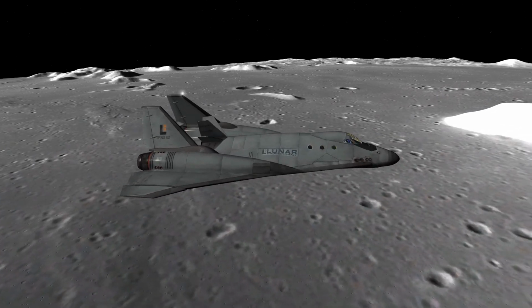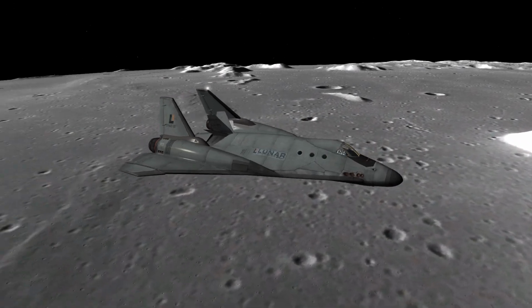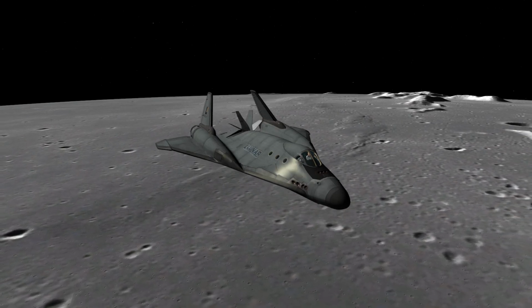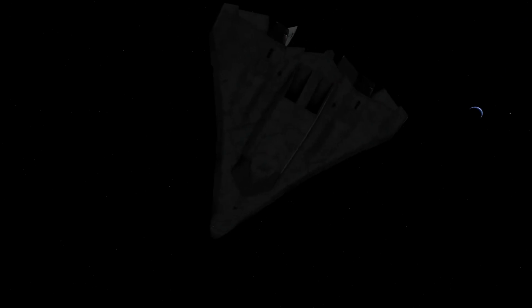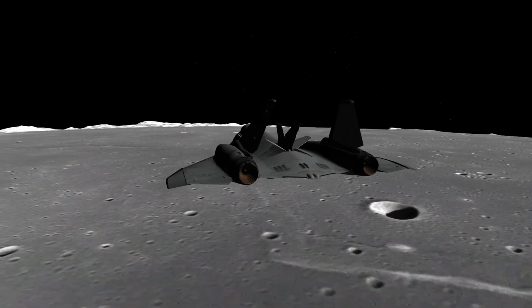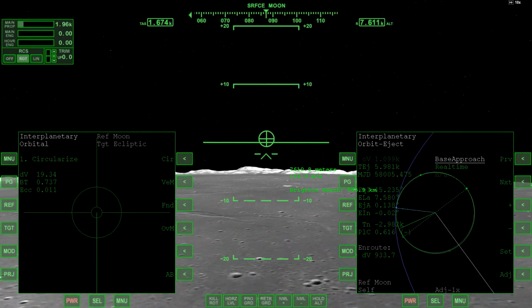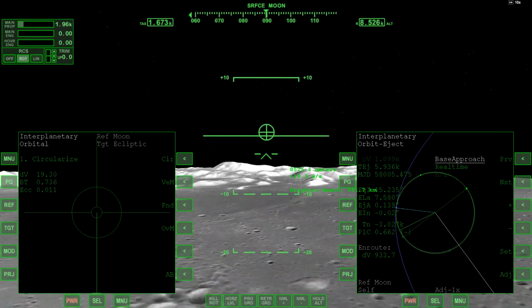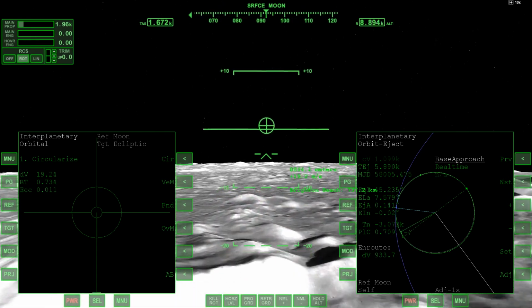Just enjoying the last views of the moon here before we leave everything behind us and get back home. Let's see if we can find our home. Should be somewhere up here in the sky. I think I see it. There it is. Very cool. So that's where we're heading. We do have some terrain in front of us, but it looks like our velocity vector is going to clear it, no problem. So once again, we should be okay. We're already at just now 9 kilometers above the surface.